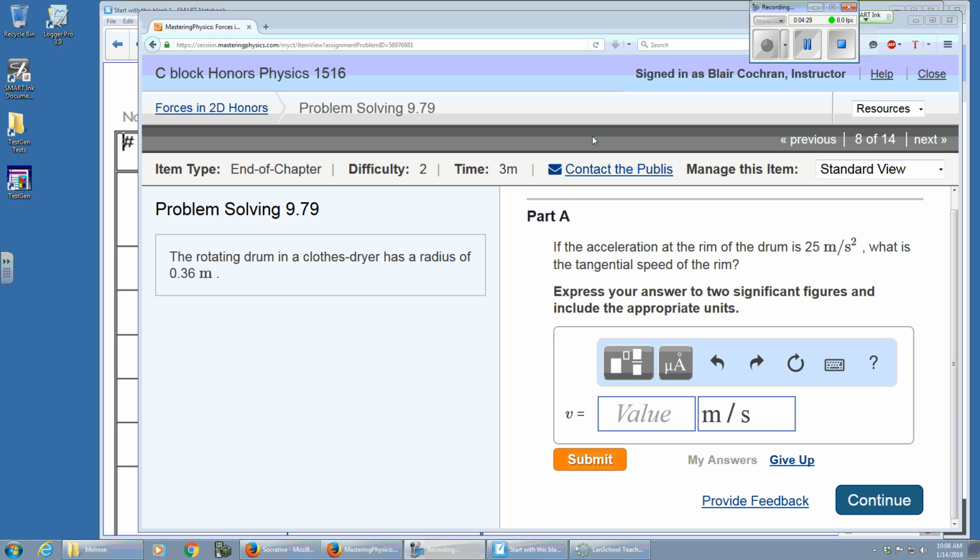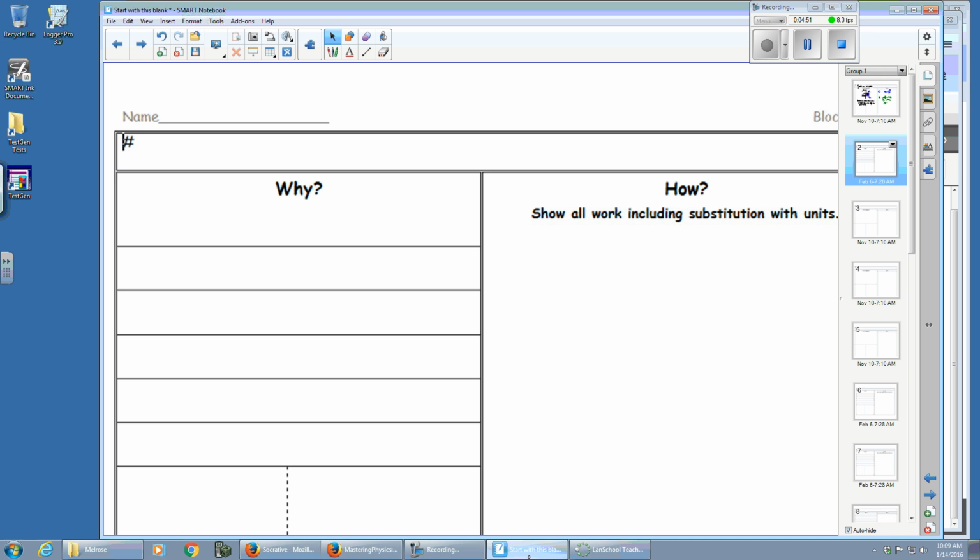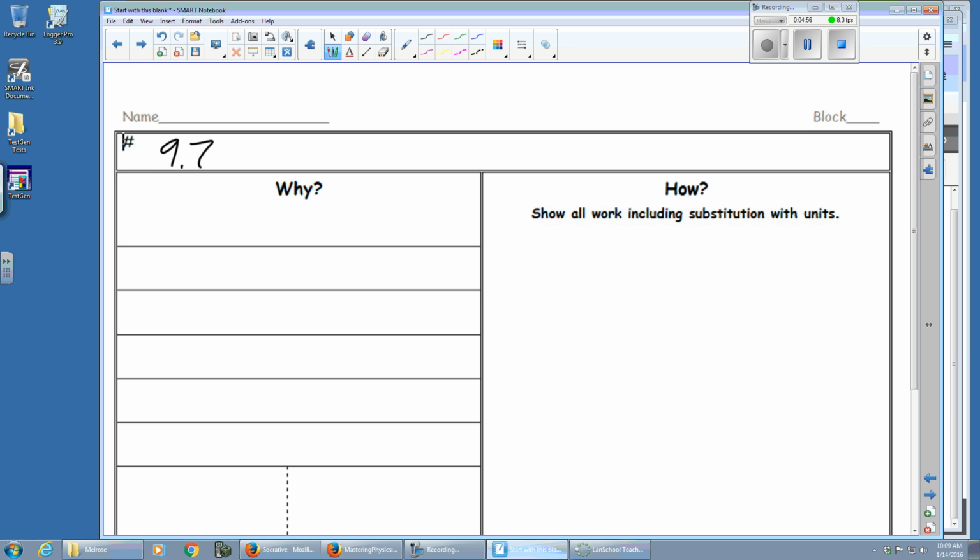All right, so 979 was the next one asked for. And this one, we've got this rotating drum of a clothes dryer with a radius of this. And we're given the acceleration at the rim of the drum. What is the tangential speed of the rim? This one really centers back on, kind of like the last one, that you need to realize that the acceleration at the rim